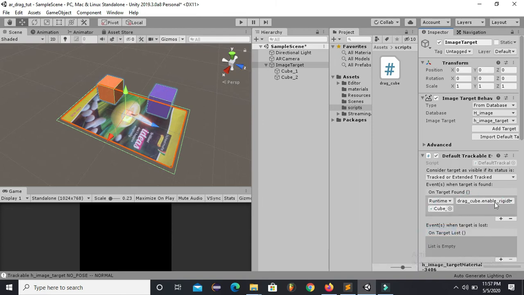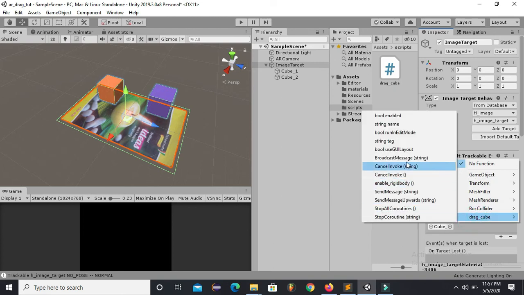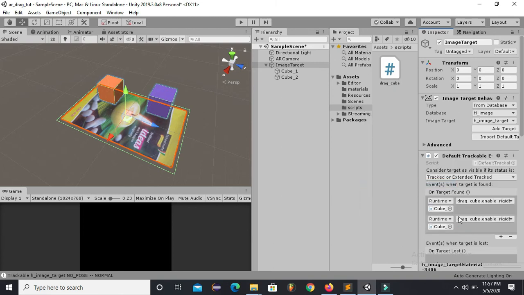We have already made this enable rigid body function in our script, so we have to call this function whenever the image target is found. So that's why I'm putting these objects here and I'm calling these functions from this Unity event. We're done with all the configurations.